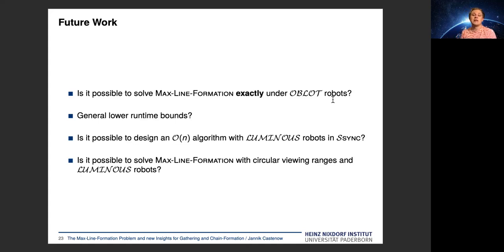Is it possible to design a linear time algorithm with luminous robots in the semi-synchronous scheduler? That would also be interesting. And lastly, the impossibility result we have shown only holds for the OBLOT model. And the question would be, is it possible to solve max line formation with circular viewing ranges by considering luminous robots? And these 4 questions would shed some light about this max line formation problem, which are left for your